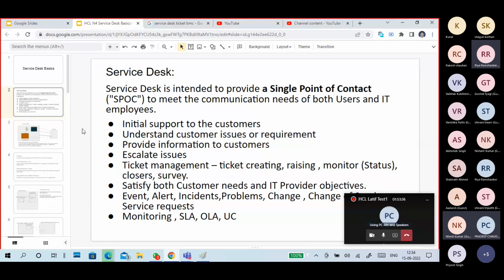Okay, so what does this service desk do? It will support customers, mainly initial support, meaning understanding what the customer issues are, giving certain suggestions to resolve the customer issues, or if the customer requires some information, providing that related information. Understand the requirements and try to resolve them. Escalate the issues, create a ticket, escalate the ticket, and monitor the ticket and the status of the ticket, and